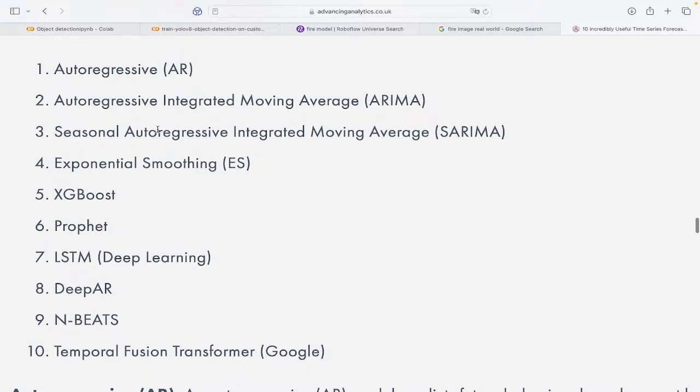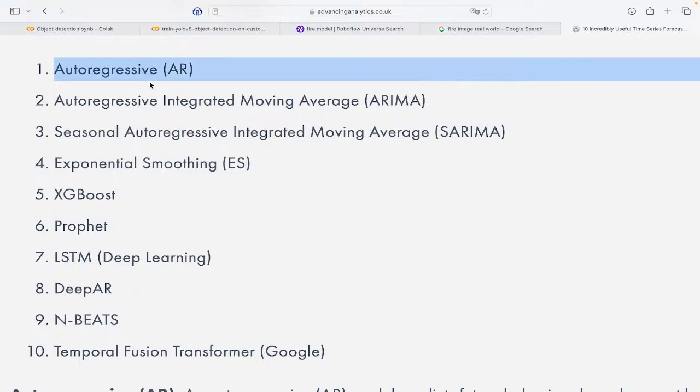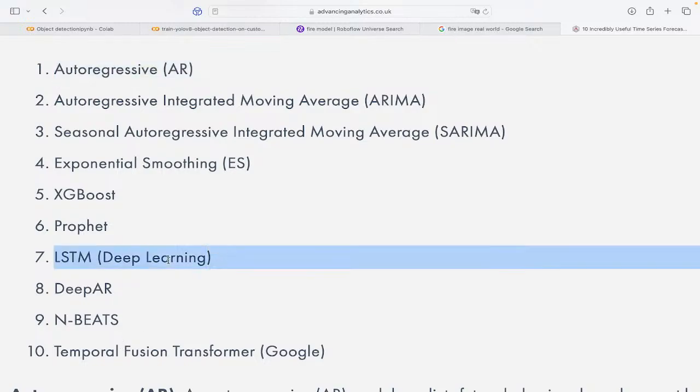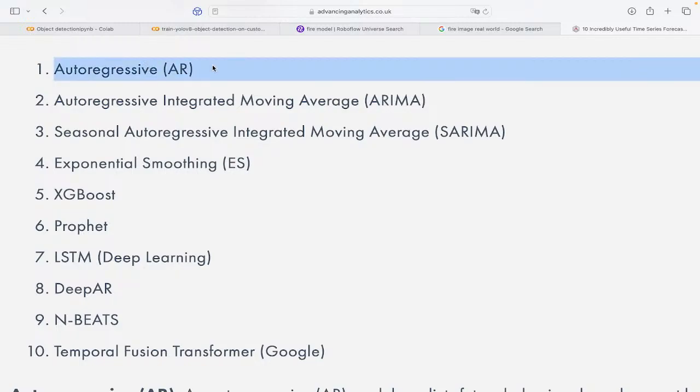So yeah, these models are basically like this: autoregressive is basically a classification algorithm, right? It basically classifies between different classes and different subsets. LSTM is also a classification algorithm, and temporal fusion transformer is basically a hybrid model. All right, so if I take autoregressive, it's basically based on a classification model. And classification actually means that if we are having a car, okay, I